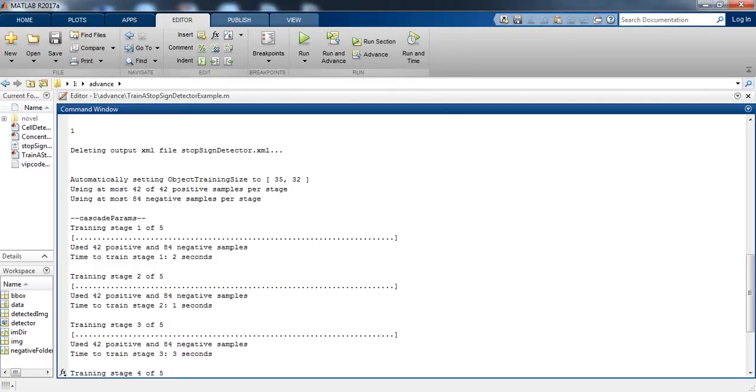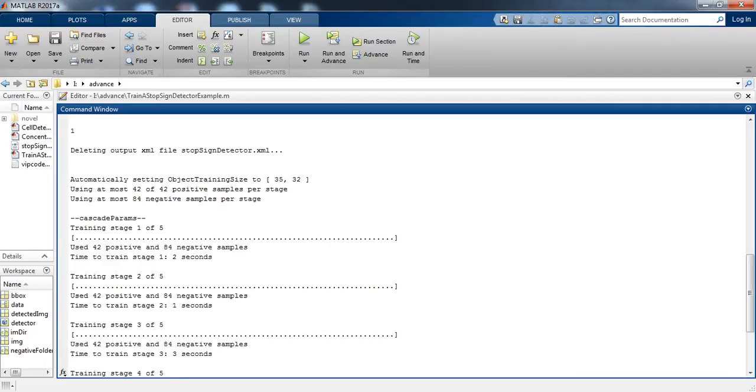It gives us the message: automatically setting object training size to 3532, using at most 42 positive samples per stage, using at most 84 negative samples per stage, and training stage 1 of 5 is started. In training stage 1 it is using 42 positive and 84 negative samples,